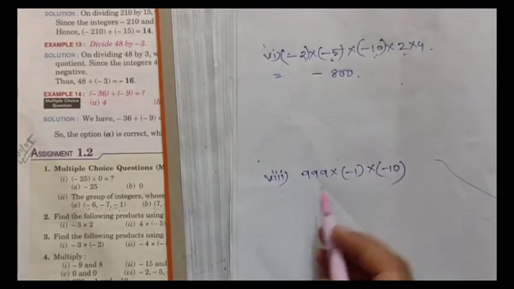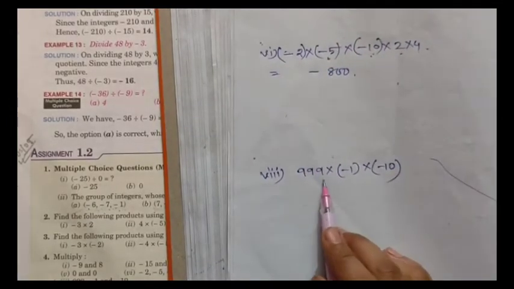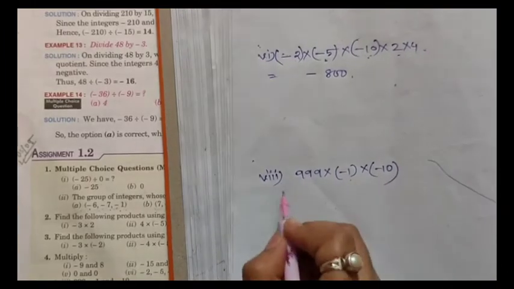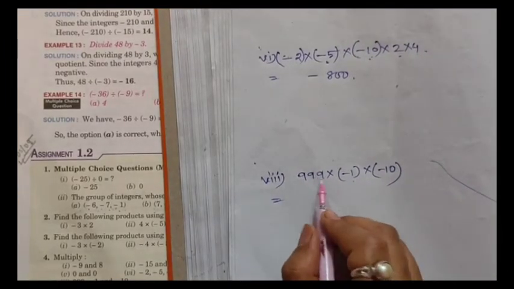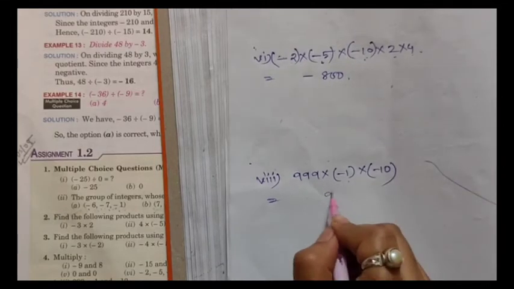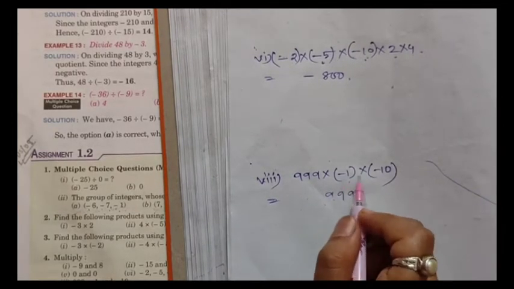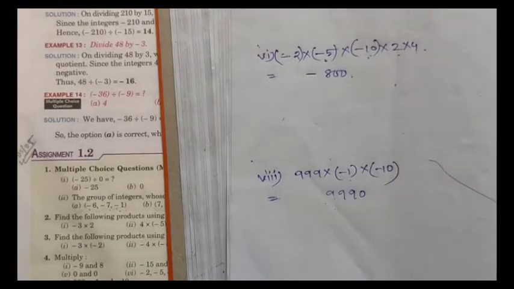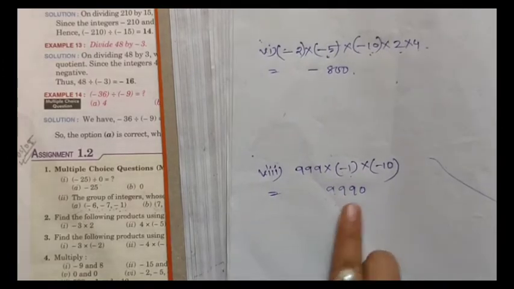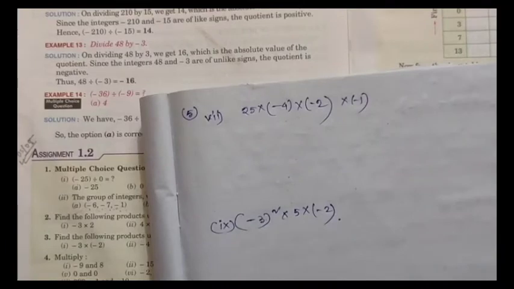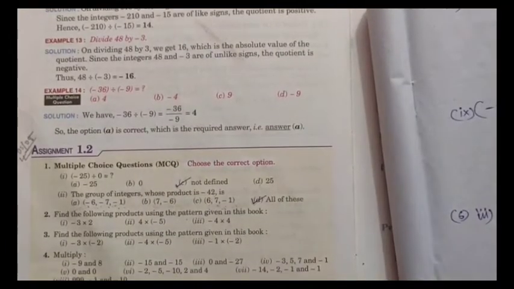Next question, question number 4 8. 9, 9, 9, 110. If you multiply the absolute values, you will get 9990, and for the sign of the product, minus occurs 2 times, an even number of times, so the sign will be plus. So this will be the answer. In question 4 I have also skipped some questions, so you will do those questions by yourself.